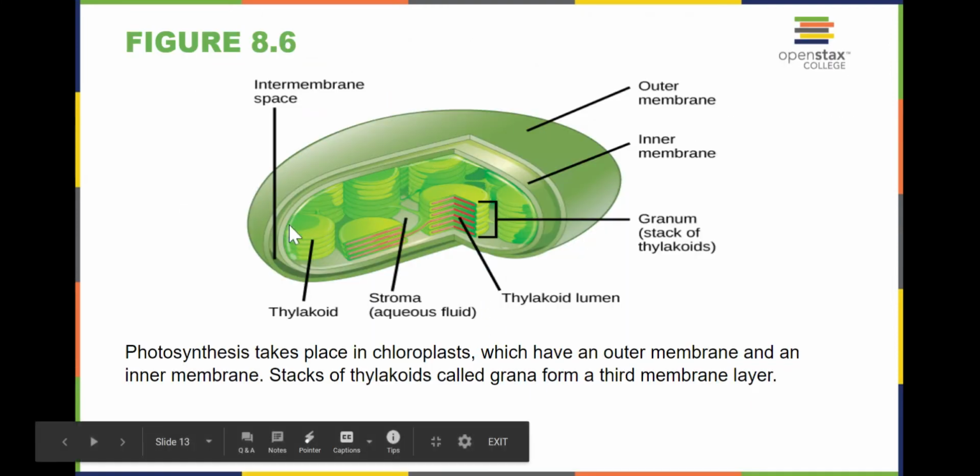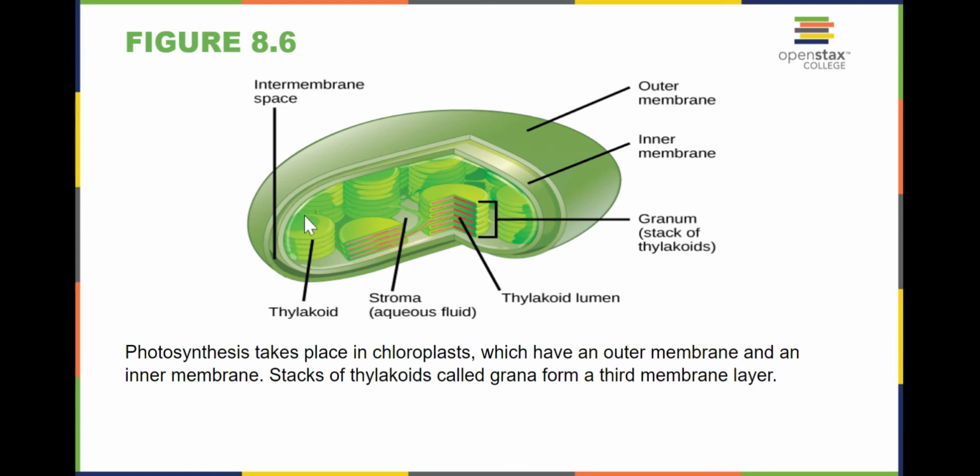So here we have a chloroplast, the magic little organelle that does all of this amazing work. Remember that the chloroplast has two membranes. It has the outer membrane and the inner membrane, giving an inner membrane space. Inside, the chloroplast is bathed with liquid referred to as the stroma,